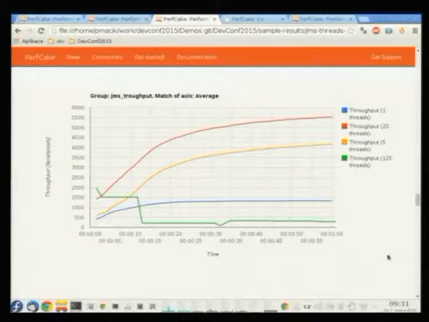Here we go. So here you can see the performance of the service using different numbers of threads. Single thread, the blue line, was not that fast. 5 threads was faster, 25 threads was even faster, and 125 threads was the slowest one, because we were beyond the point where the server was able to handle that amount of threads.